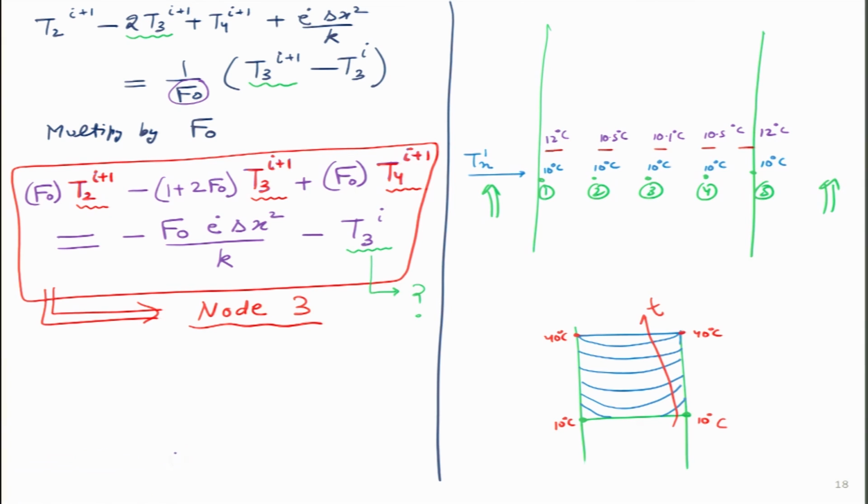Then I will use the purple color. These are also temperatures of node Tn, but these are at time step 2, which were earlier unknown, but because of our calculation we have calculated them. Once we know the temperature at time step 2, they will become known and they will help us evaluate the temperature at time step 3.